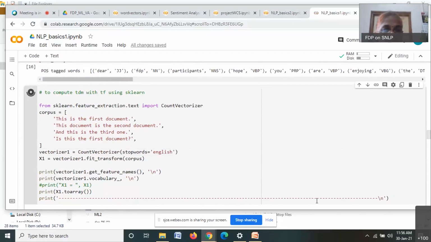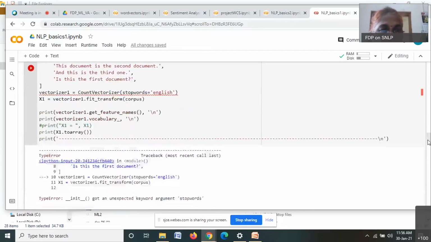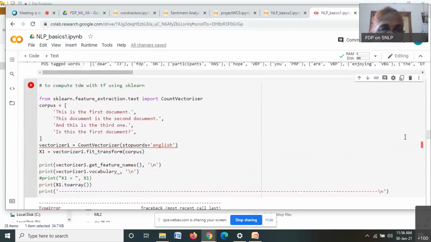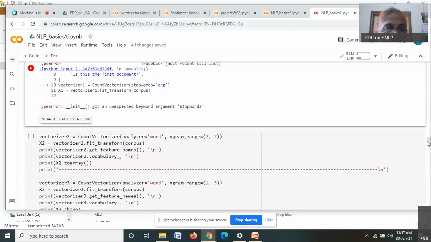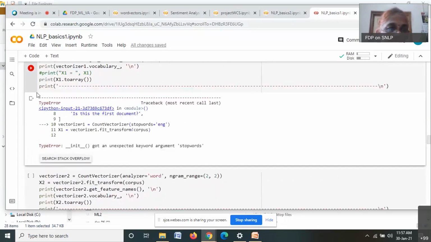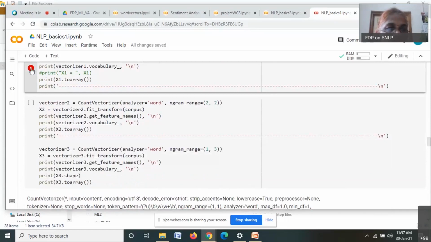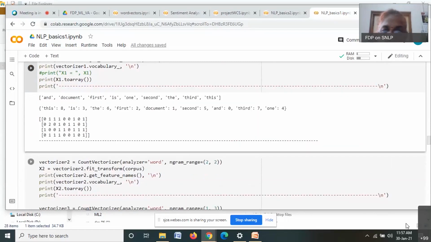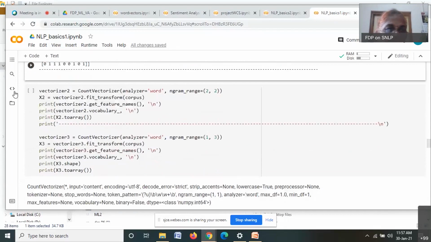And if I say stop_words equal to English, you can make out the difference now. Unexpected argument. Is it ENG? No. Okay, I'll separately include these stop words. I'll run this.